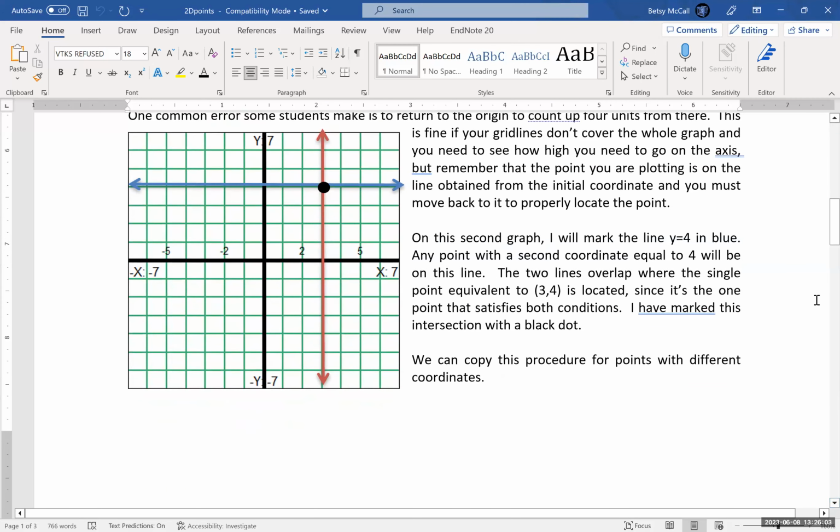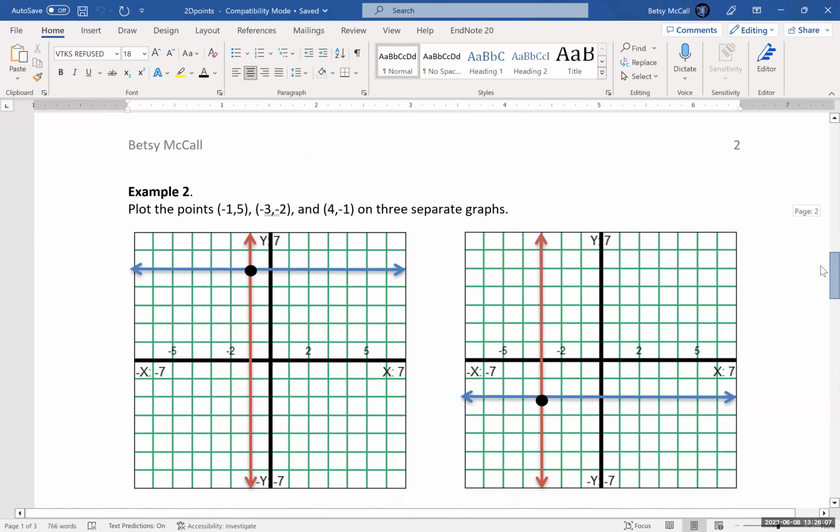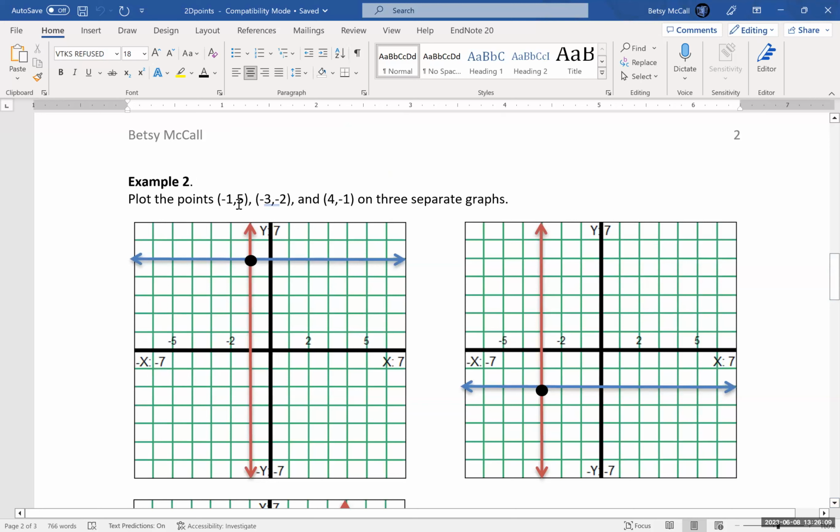And you follow the same procedure regardless of the points. If you're plotting, let's say, in the negative direction, then if it's the first coordinate that's negative, you go leftward by, in this case, 1 unit instead of rightward when the point is positive. So here we go over 1 to the left in the X direction. And then since the second coordinate is 5, we count up 1, 2, 3, 4, 5